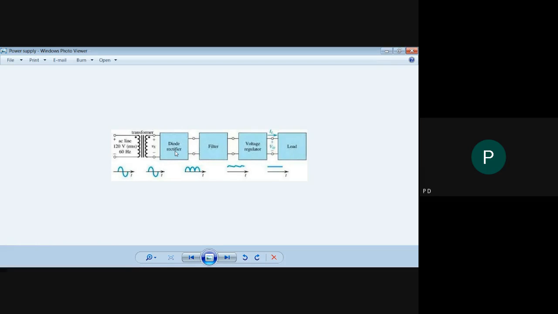Generally, we prefer the bridge rectifier because it has some advantages, like there is no need of a center tap transformer, which is used in half wave and full wave center tap rectifiers. As the possibility of core saturation is large in case of full wave center tap, we prefer the bridge rectifier, where we use only a step down transformer. Then the next concept is PIV rating. PIV rating is around twice V for the bridge rectifier.